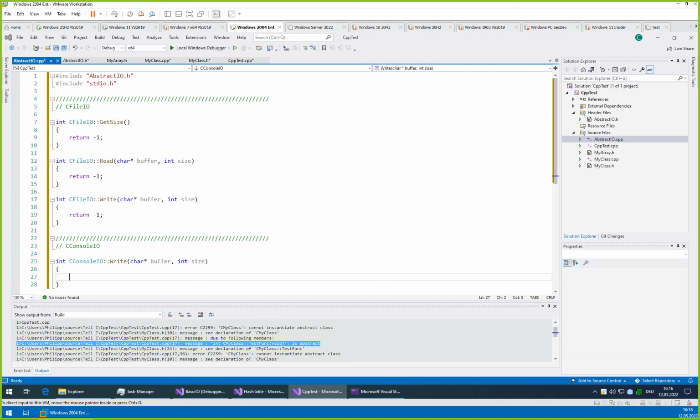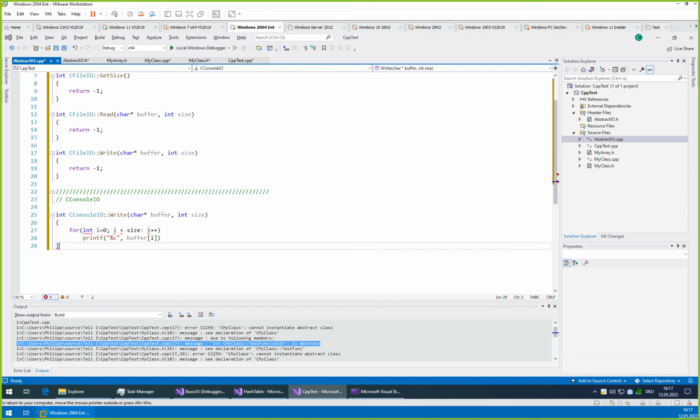So we would either need to specify a proper file descriptor for the console, or we just use printf. Let's be lazy. So we want a printf with %c. This is a way.